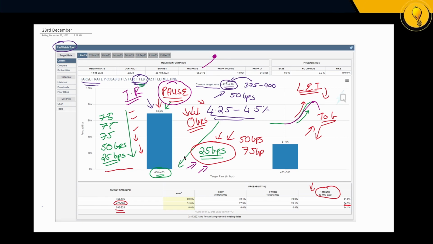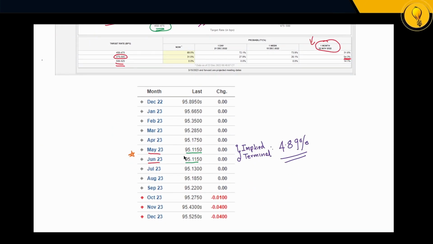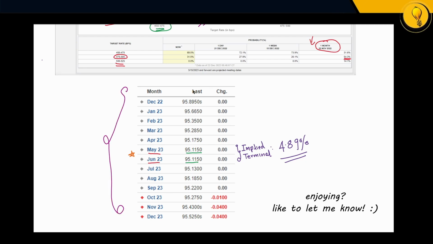Well, we actually have that data as well. All we have to do is look at the Fed fund futures, which, to quickly explain, is simply an interest rate market where the market hedges against rises and falls in interest rates, right? So by looking at this data over here, guys, we can look forward into what the market thinks is going to happen, right? We can get an implied terminal rate.